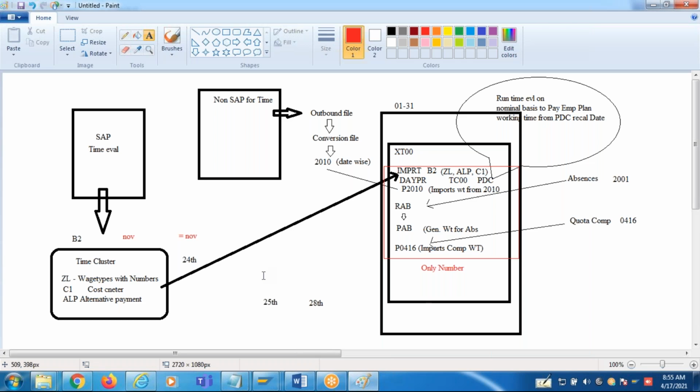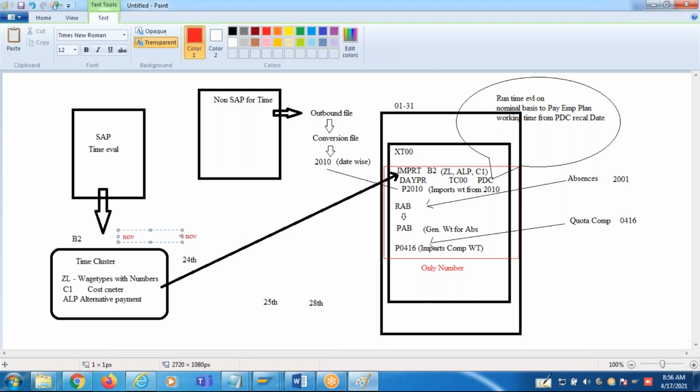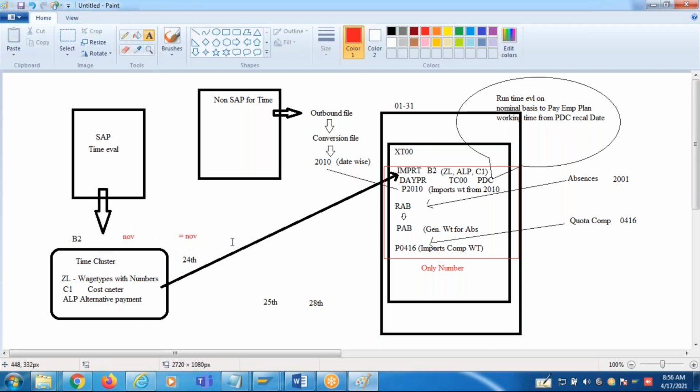Yes, sir. If the time is going for a retro recalculation for the past periods, payroll also will automatically go for a retro because it sets some indicator. Okay, so if on the 26th there is an overtime, there is not going to be a retro because the 25th is not yet run, so it will be a normal run. So how will the payroll know there was an overtime on the 26th of the current month? See, we will not be paying that overtime or incentives, anything updated after the 25th. That's what I'm saying.